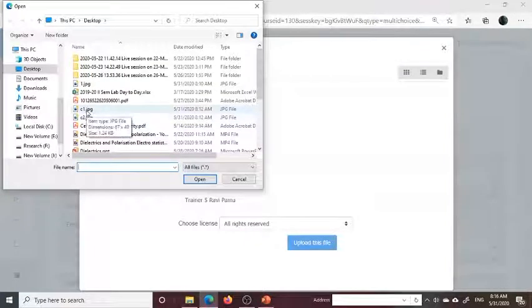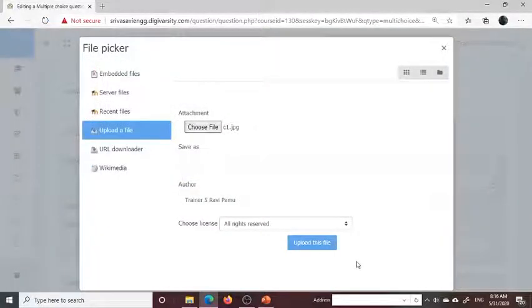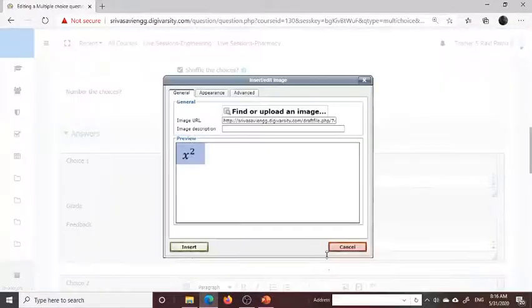This is the choice one, so I named it as C1. Open, click on C1 and open. I don't know the exact answer of this one because I am not a mathematics faculty. I am just giving some equation part, in image formation.